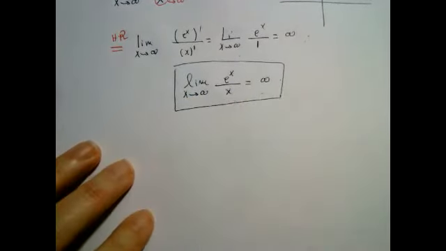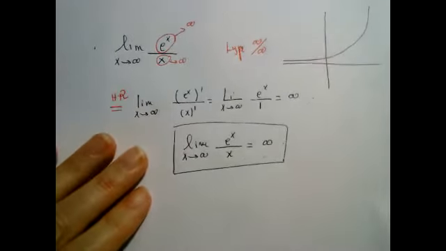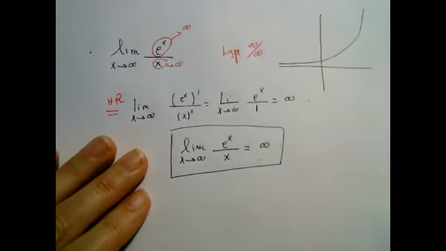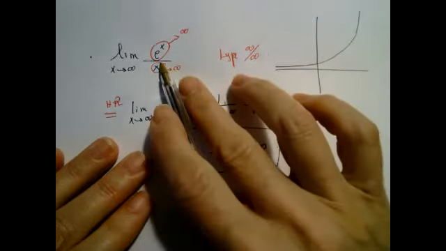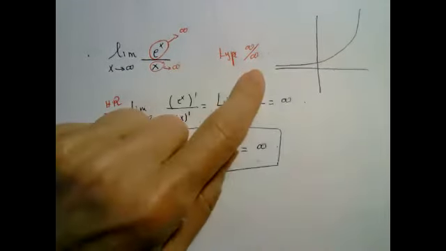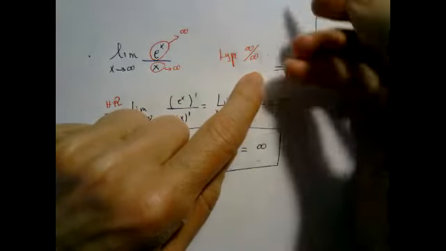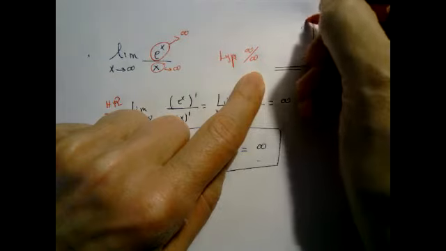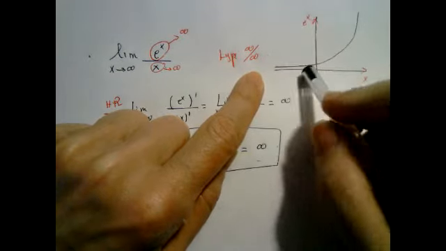I have a question. Yes. For the first part, when you check to see if e to the x is infinity and you plug in infinity, how do you get infinity out of that? Here? Yes. That's the graph of e to the x. That's the graph of the function. It means when x is very